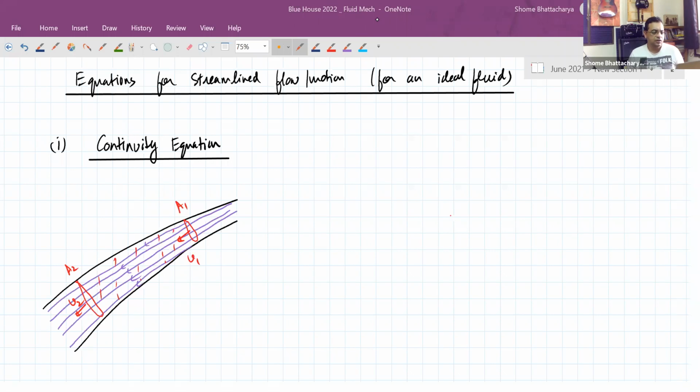So what is happening is, if you just consider the section of the pipe between A1 and A2, liquid is pouring in through the cross section A1 at a certain rate, and liquid is pouring out through the cross section A2 at a certain rate. Now, in some time delta t, the amount of substance that comes in from one section should be equal to the amount of substance that goes out from the other section. Okay? So continuity equation will just express this, that so